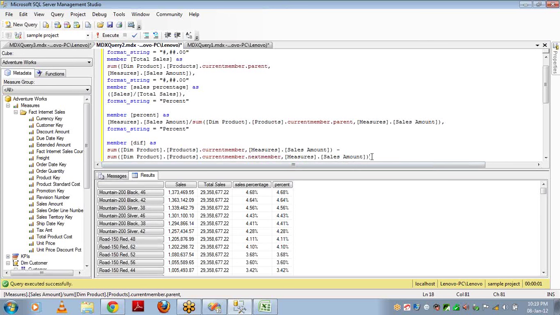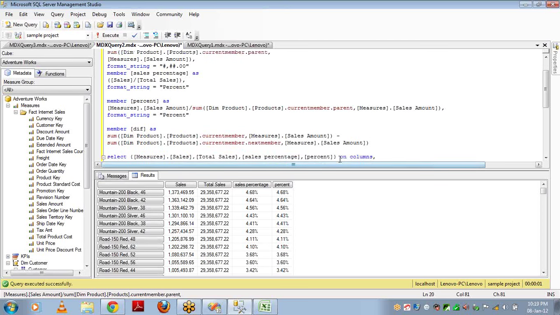So what will it give? It will give the next number that is there in the list. And let's see how this is going to work, how this is going to give you output.